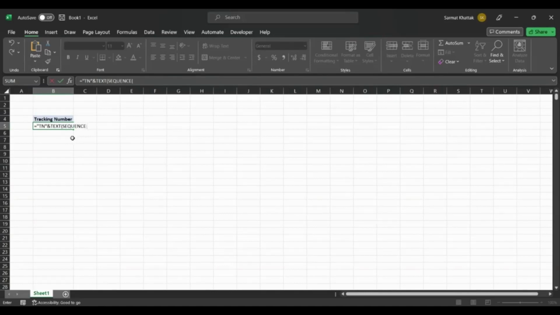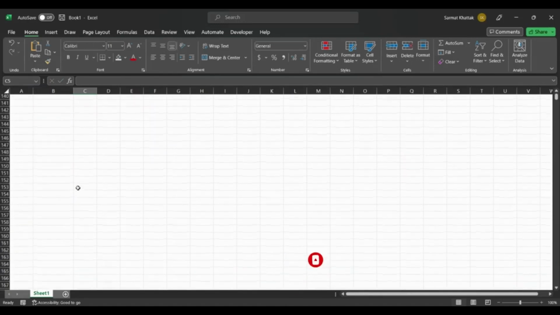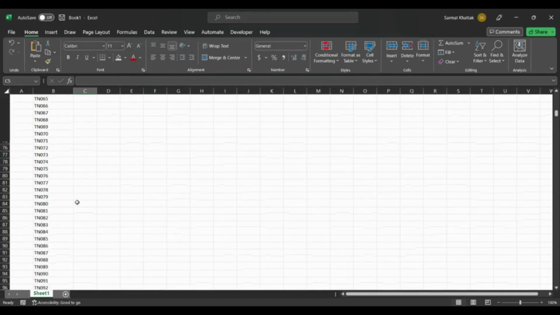So let's assume that we want to create 100 rows. We'll just close parentheses and then comma and the pattern of the text. So how do we want it to look like? In this case, we want TN and then in 3 zeros format. So like this, we'll just put 3 zeros here, then close parentheses, and then we'll press tab, and here we go. So we created 100 records or 100 rows